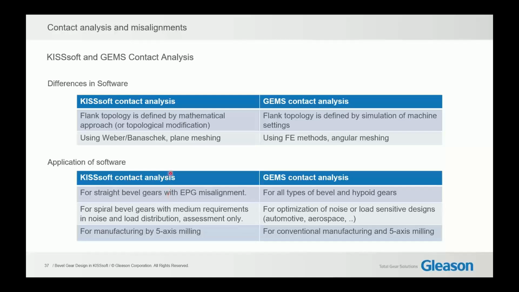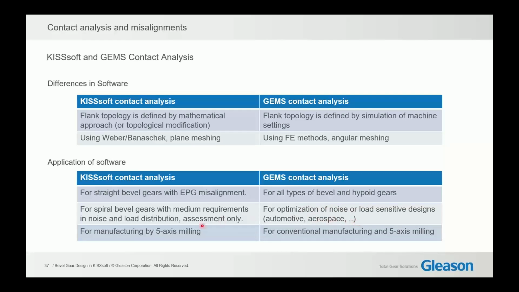Your outcome on this is how to apply it to software. For straight bevel gear, we find a good match and a good confidence in KISSsoft, also using EPG misalignments. For spiral bevel gears, we recommend to use KISSsoft for applications with medium requirements in noise and load distribution, and it provides an assessment. For noise or load sensitive designs as in automotive, aerospace, definitely a simulation by GEMS is